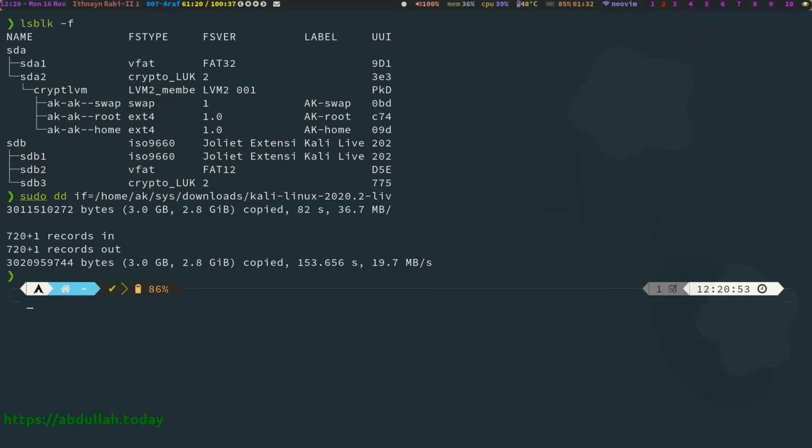Yeah, now Kali Linux has been copied to our USB drive. Just to make sure, run sudo sync.